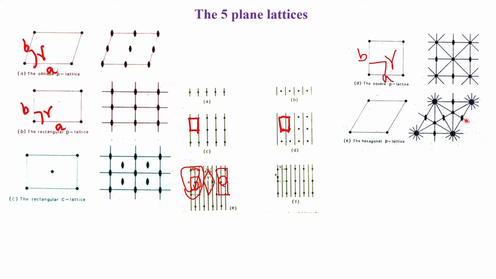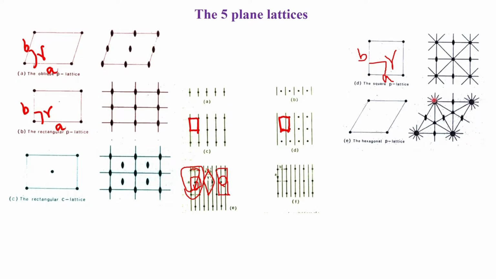You also see that the presence of the 3-fold axis is automatically invoked in the hexagonal P lattice. So, there is no trigonal P lattice, no trigonal P plane lattice, because it is already there. Suppose you consider this as the origin, then you can define a 3-fold symmetry primitive lattice associated with the plane lattice. So, it is redundant. So, the 6-fold is the one which now dominates in this particular situation. Therefore, there are only 5 plane lattices.